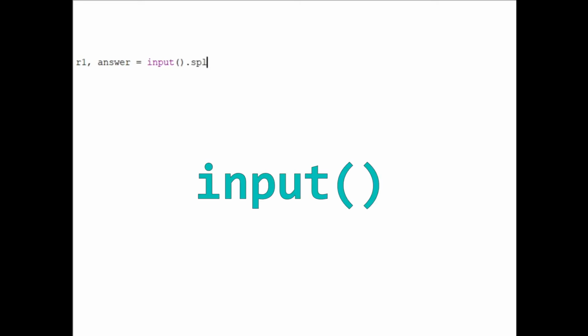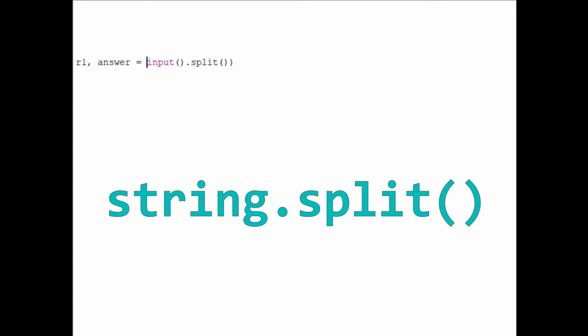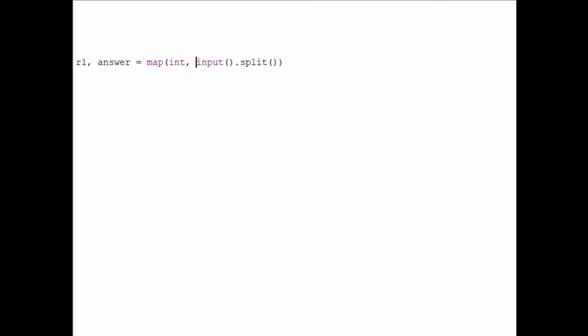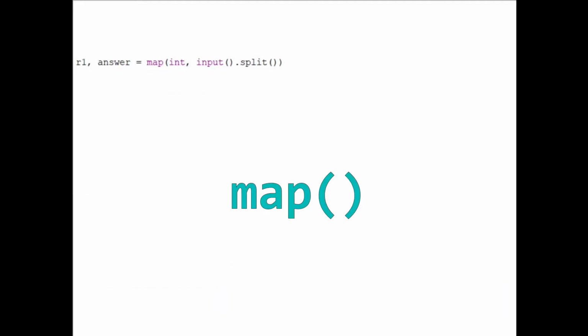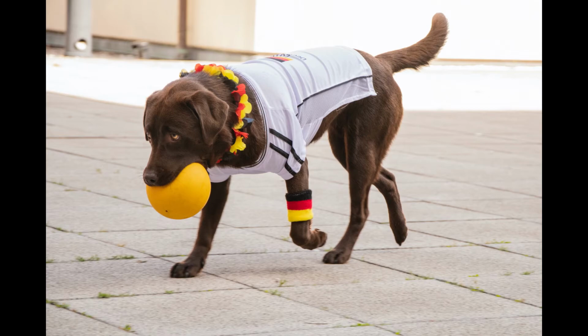To do this, I'm going to make 2 variables to accept the 2 inputs that they gave us, R1 and S. The input function takes the input as a string, the string split method splits a string into a list, and then I want to cast both elements of the list into integers, so that I can do mathy things with them. While there are a couple ways to do this, I'm going to use the map function, like so. Now I'm going to test this out quick. The program executes, so we have successfully accepted the inputs and proceeded to do absolutely nothing with them.